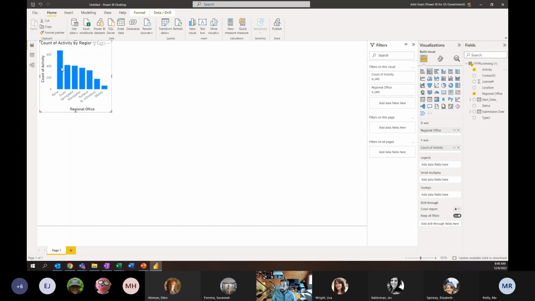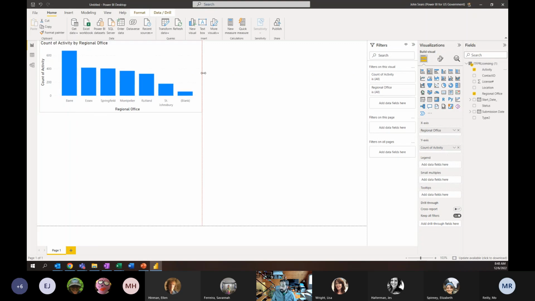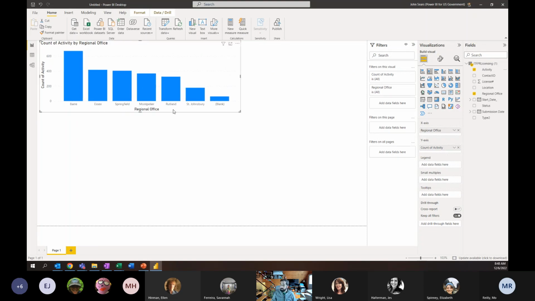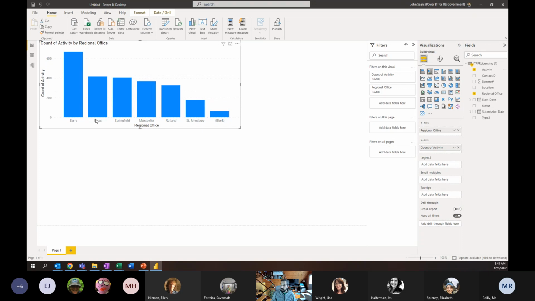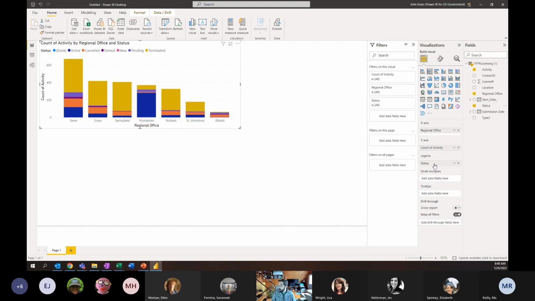Really quick, you can see that we've got a basic bar chart of count of activities. This is the number of licenses that have come in for Barre, Essex, Springfield, Montpelier, Rutland, St. Johnsbury, and blank. If we want to, we can add a legend, which will give us the stacked nature of it. So we can do that here and you can see half of the ones in Barre have been